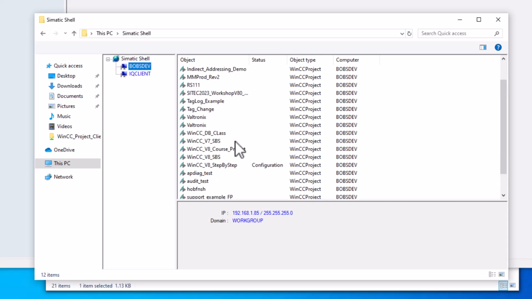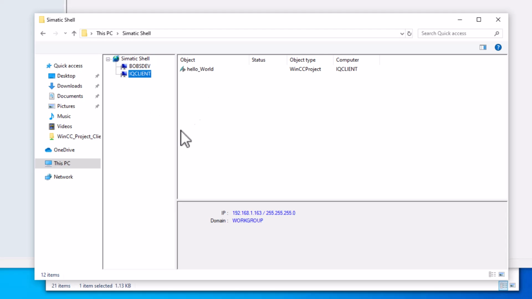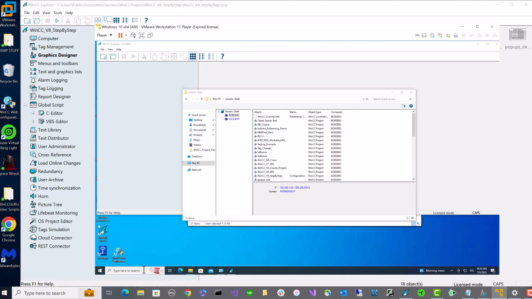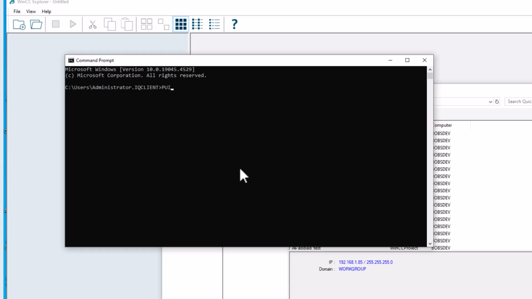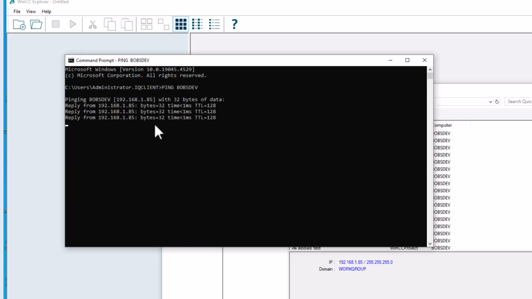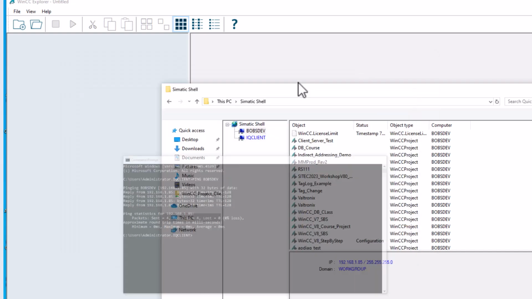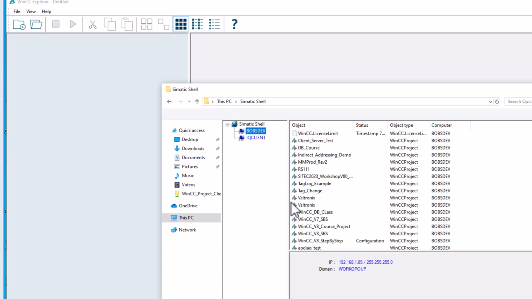has all of my WinCC projects on. I can also see my own. So that is a really good sign that we're kind of in good shape. The next thing I'm going to do is pull up a command prompt. I am going to ping Bob's Dev by name. It does ping. So this is really good news. If you are not able to do this and or you don't see SIMATIC SHELL acting like this after you've enabled remote communications, then you need to fix those first before proceeding, because client server is just not going to